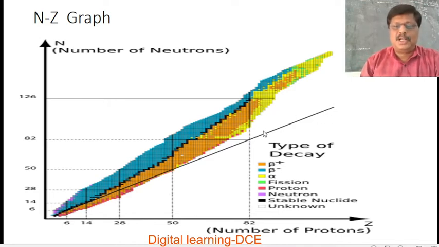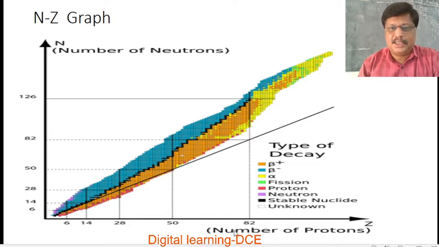As the neutron-proton ratio goes on increasing in the case of heavy elements, see here, the elements greater than 82 are all alpha emitters. Beta emission takes place at higher as well as lower atomic numbers. Lighter elements and heavy elements can also emit beta particles. But the alpha particle is emitted by only heavy nuclei.